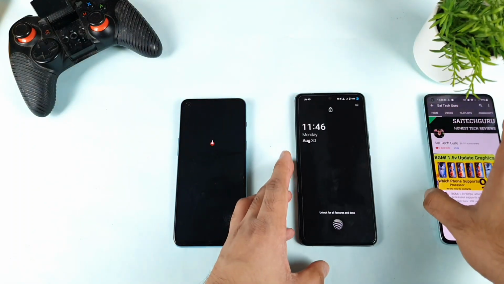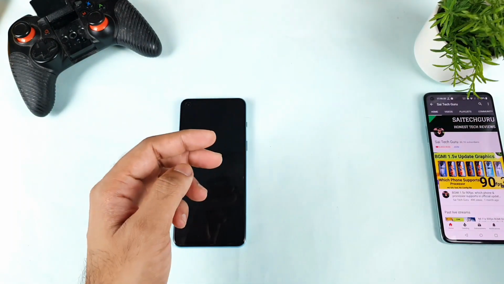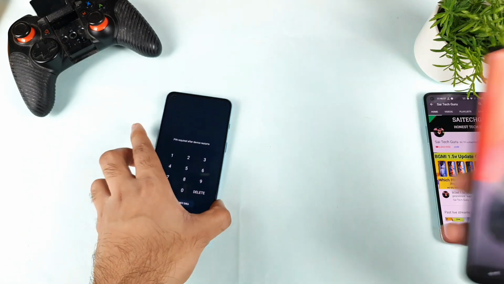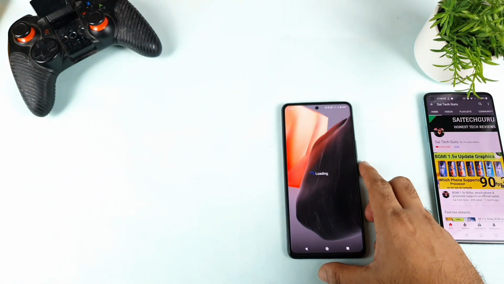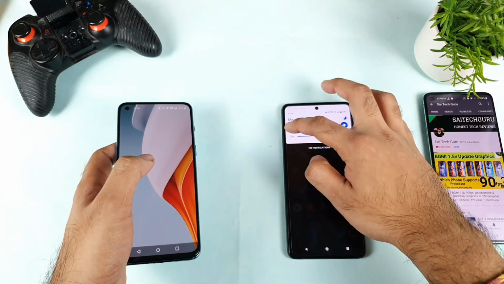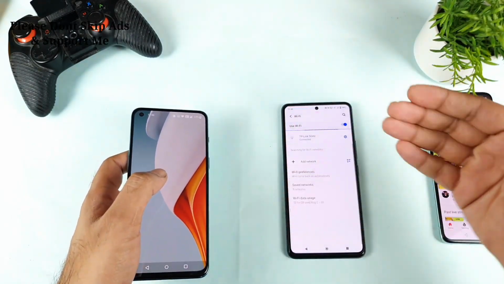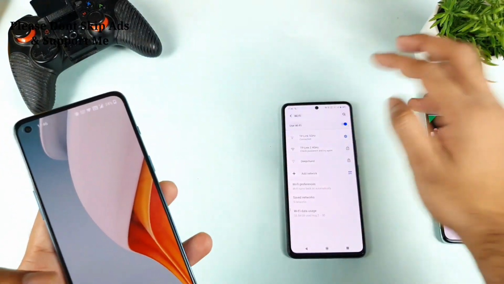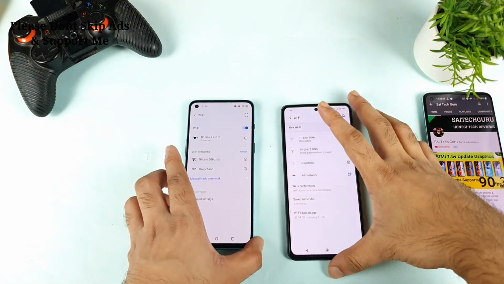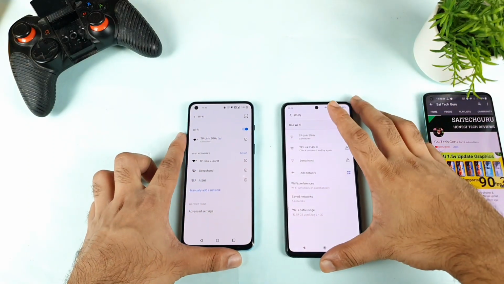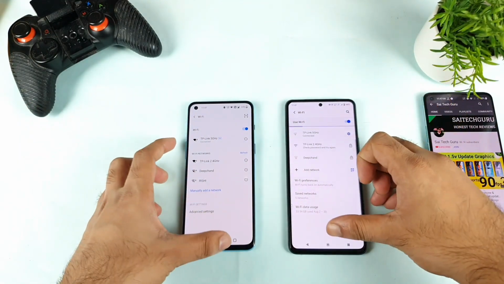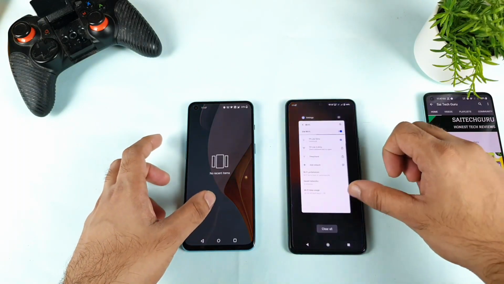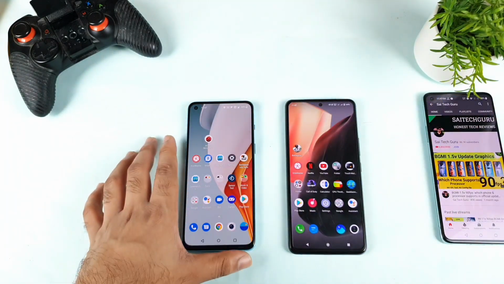So the iQOO 7 device did turn on first, as you can see exactly, before the OnePlus Nord 2 device. Not bad. And then the OnePlus Nord 2. And during this demonstration, I need to use the Wi-Fi connection obviously to open all those games and applications. Both phones are connected to the 5 GHz network, as you can see friends exactly. That's perfect, 5 GHz network, both phones are connected. Let me clear everything from the background. Everything is perfectly clean from the background.